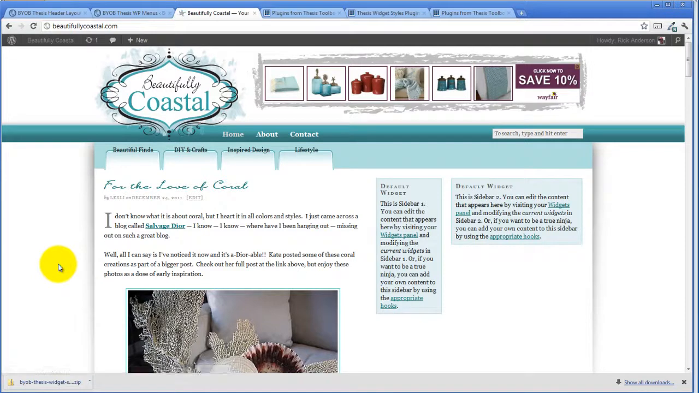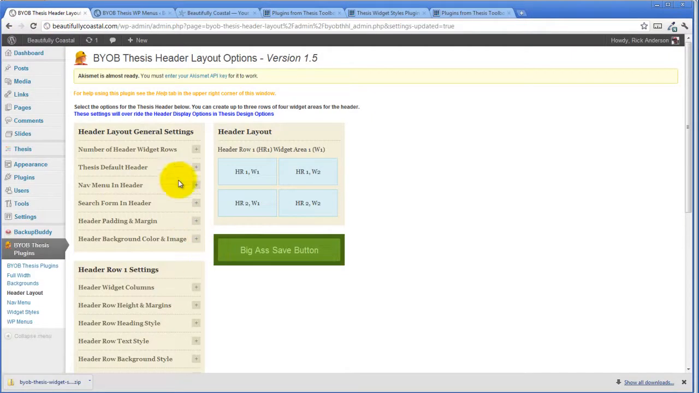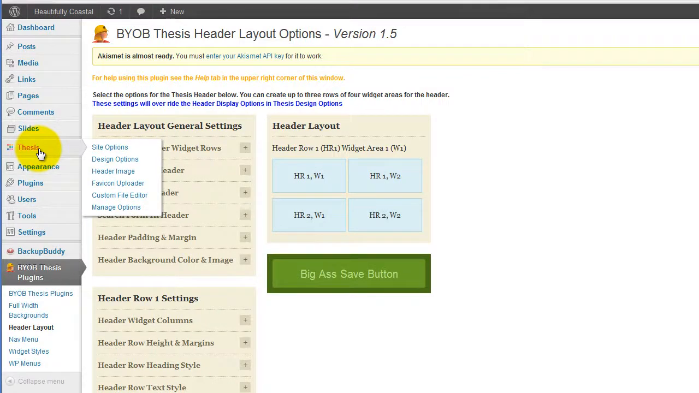Okay, there we go. So we've got this menu across here. We've got that where we want it. Now we need to finish fixing this menu. And I think probably the first thing we should do with this menu is just increase the font size. So if we go over here to Thesis Design Options